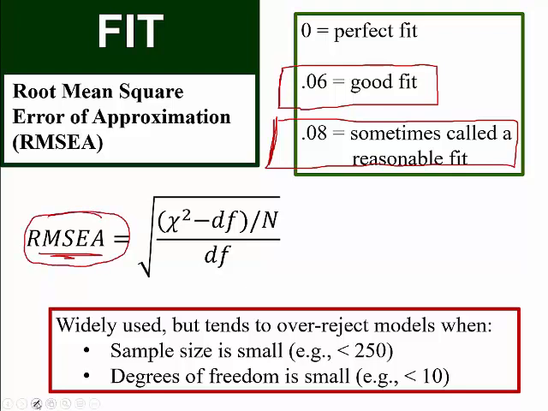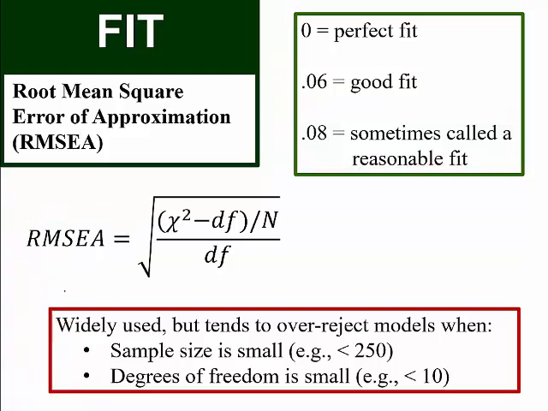On the other hand, it does have a couple drawbacks, which I've noted down here at the bottom: it tends to over-reject models. It tends to give you a value that's too high. It tends to be a little bit overly conservative and reject models more often than it's needed, especially when your sample size is small. For example, if it's less than 250 cases or people in your sample, this one's probably going to give you a little bit of an inflated value, which makes it more likely to look like a